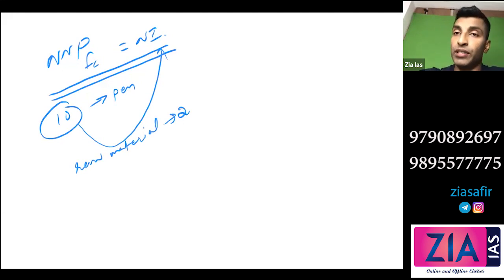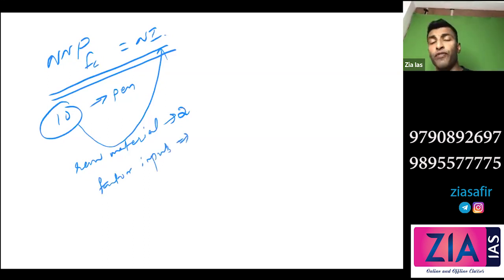Not only subtracting depreciation, some more is there. So raw material cost is actually 2 rupee. Then we will talk about factor inputs. Factor inputs means what? Yesterday we discussed what the factor inputs are. Factor inputs are land, labor, capital, entrepreneurship. And I've told you that with these factor inputs only you can make the real value addition, either through land or labor or capital or entrepreneurship, either through rent or wages or salaries or interest or profit. So this is the actual value addition.